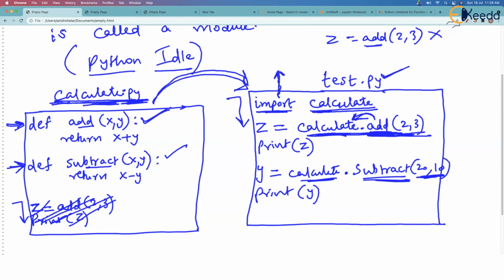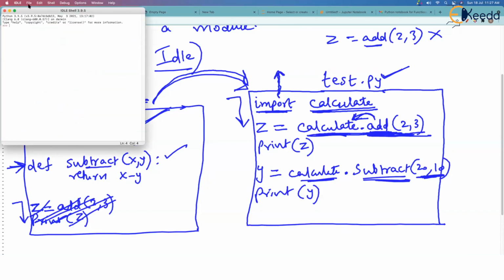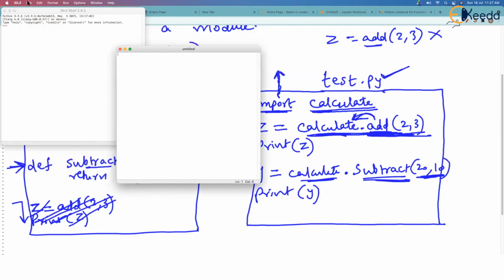Okay. So let's see this in action, first of all, in Python IDLE, of course. And then I will halt for some time just to check whether you have any questions. Okay. So what I will do is I will type a new file. Yeah, I am on Python IDLE. I have clicked file new. Give me some time. Okay.